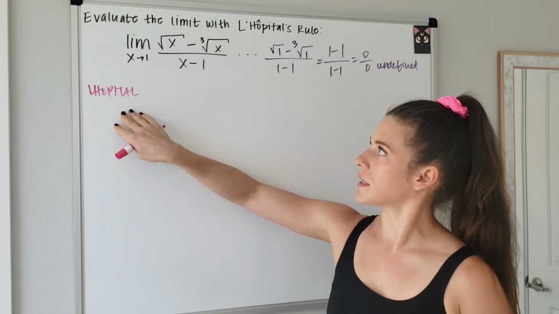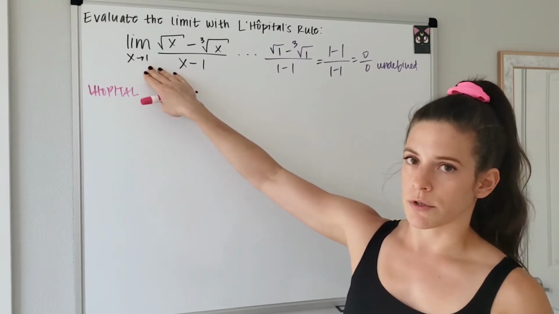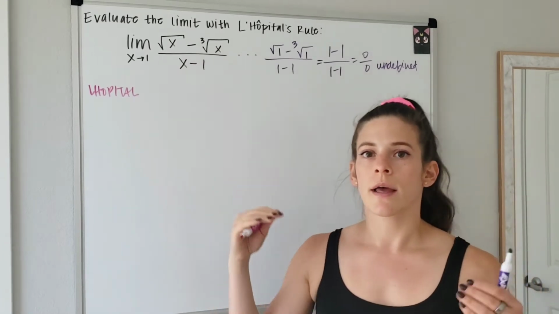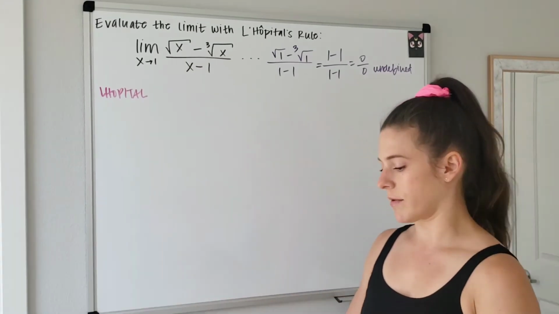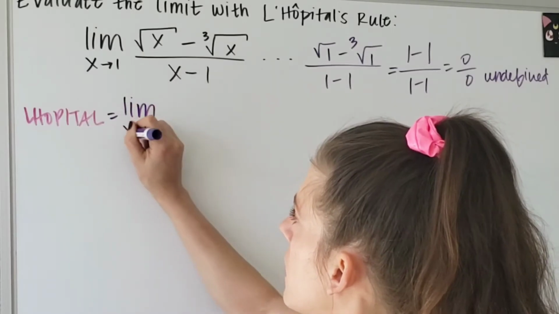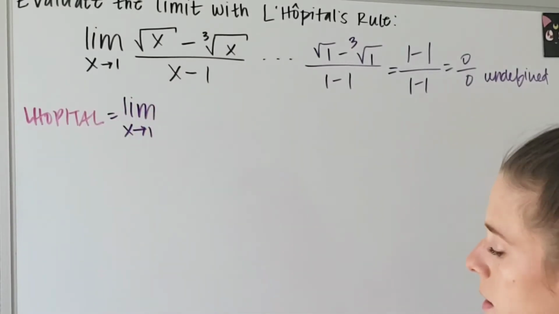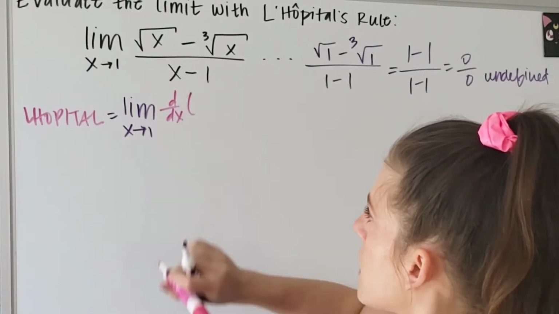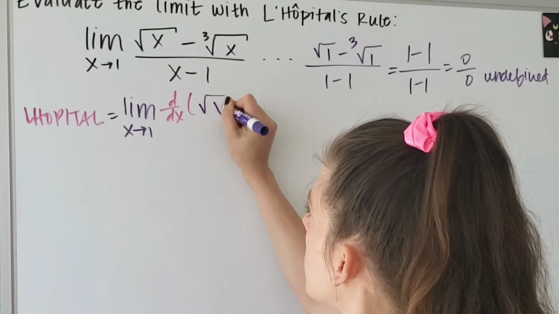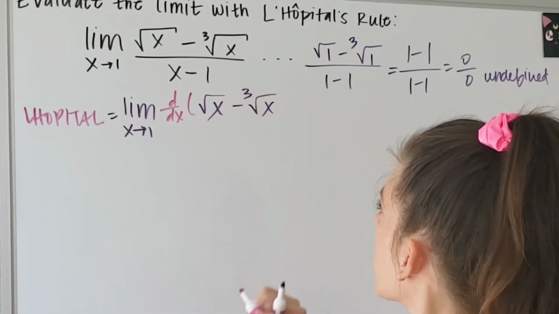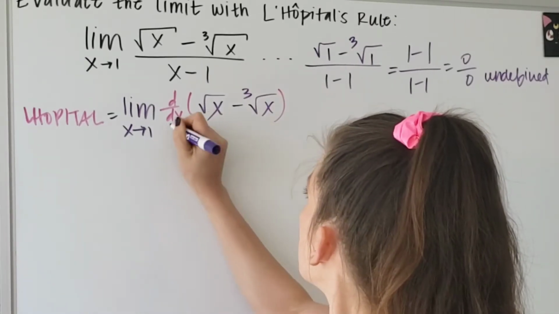L'Hopital's rule gives us that the limit as x approaches whatever number is equivalent to the derivative of the numerator divided by the derivative of the denominator, right? So we keep this limit, the limit as x approaches 1, and L'Hopital's rule kicks in here. The derivative with respect to x of root x minus cube root of x, all over